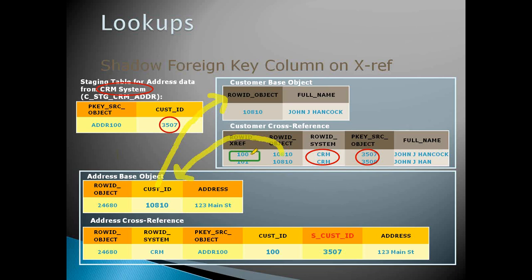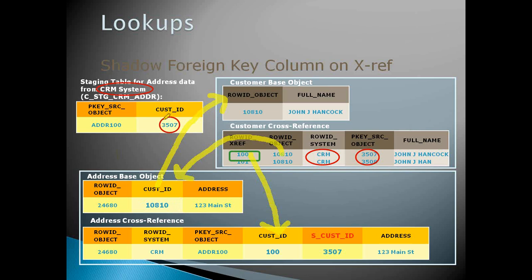The row ID xref value, this 100, is copied at the cross reference level. So this is what happens when the lookup happens. Finally, it is storing the row ID object only, 10810, which is the normal Oracle process also. When you are loading the child table, you pass the primary key value. So internally, at the end, it is storing the primary key only, that is 10810.